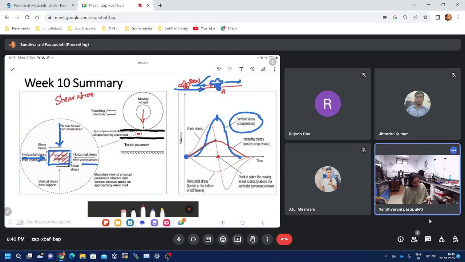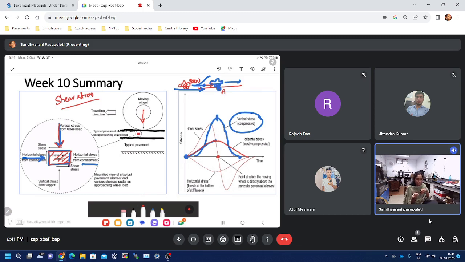We know whether the material will undergo shear or not. For example, if we take the element and the vehicle is exactly on the top of the element, so if I have an element and there is a load applying on the top of that element, and if there is a resistance from the bottom also, so let us say 80 kilonewtons I am applying from the top and 80 kilonewtons I have as support from the bottom also,